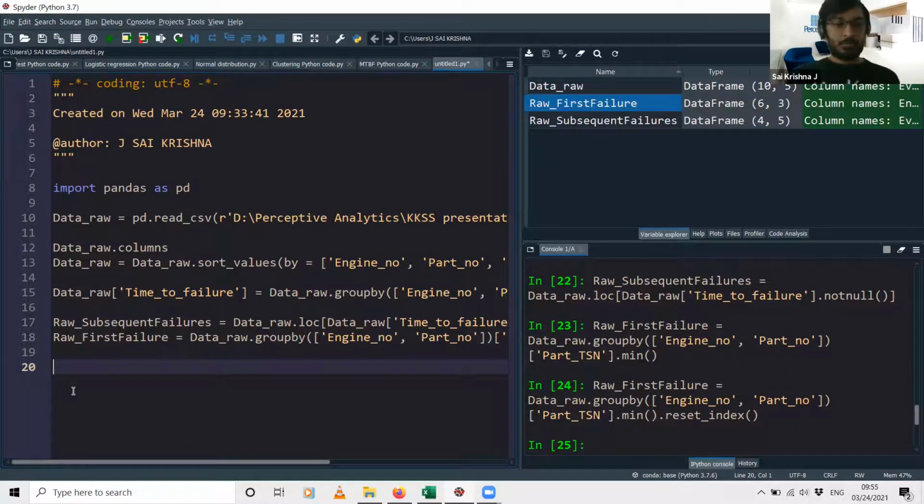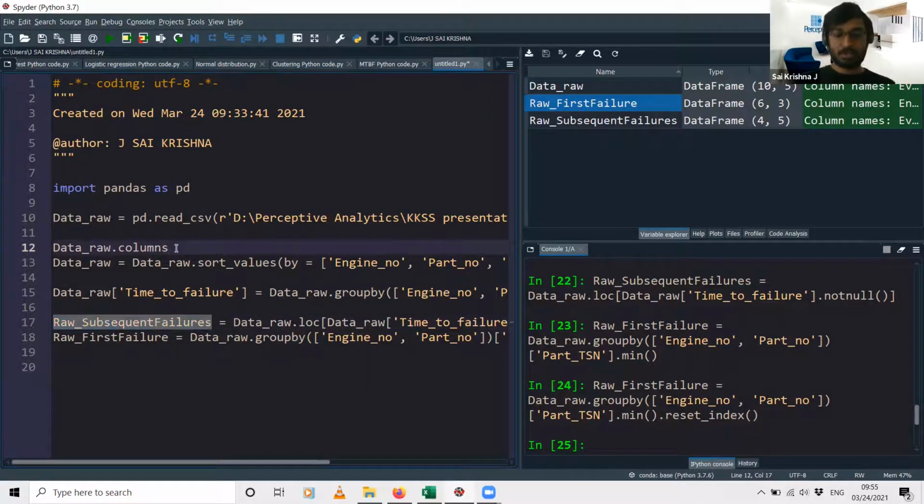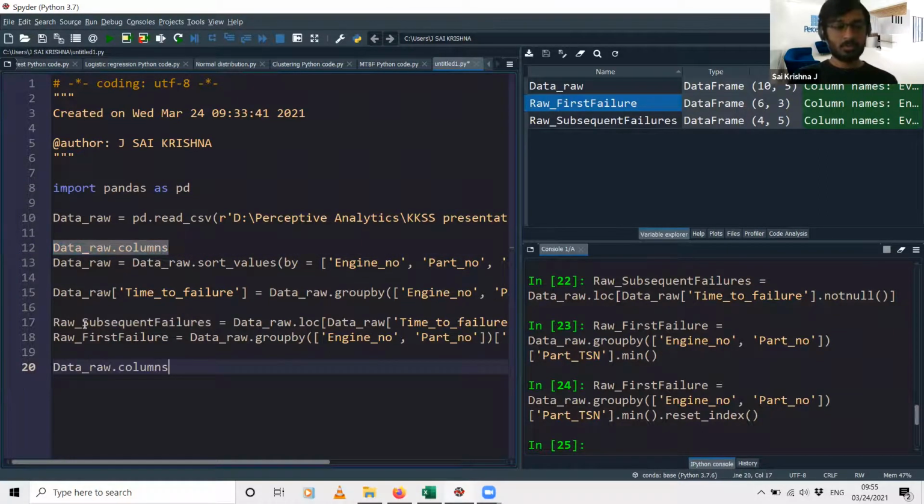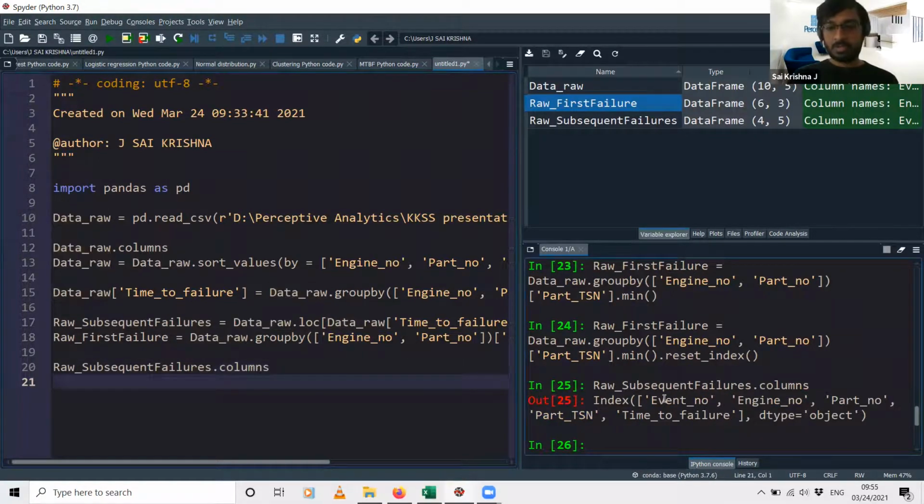Before combining these two data frames, the column names and the number of columns in both data frames have to be the same. I'll use a similar command to what I used here. I just need to know what columns are present in these two data frames. So I'll replace the data set name. In the subsequent failures data set, we have these columns: event number, engine number, part number, TSN, and time to failure. And in the first failure data set,